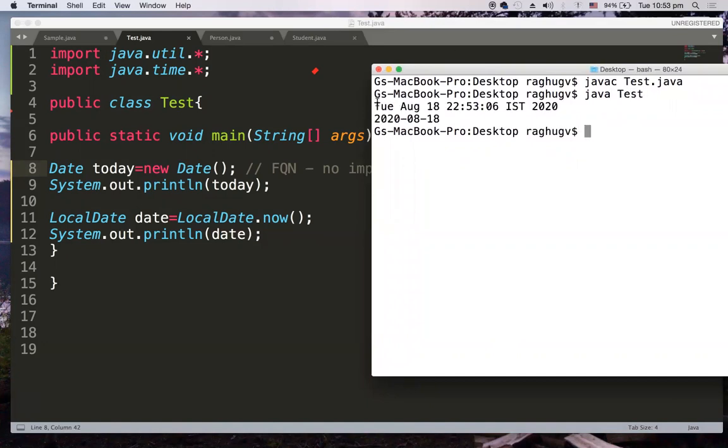So now from java.util.Date we are getting this, and from LocalDate I am just getting year 2020, month 08, that is August, and 18 is the date. Okay, so LocalDate actually will give you only the date, right? There are a number of methods which are available there in LocalDate as well. But when you do with java.util.Date, it also gives you the timestamp and time zone and the day name also, right? Yeah, so this is how you can do.